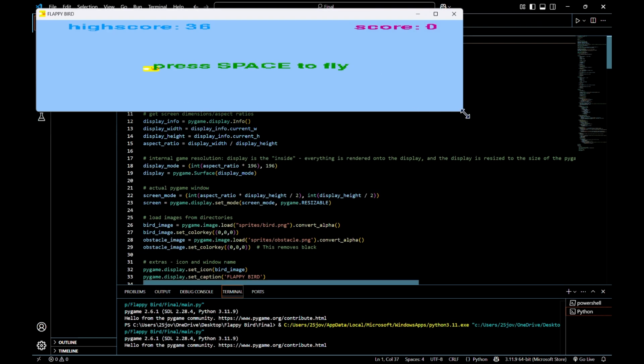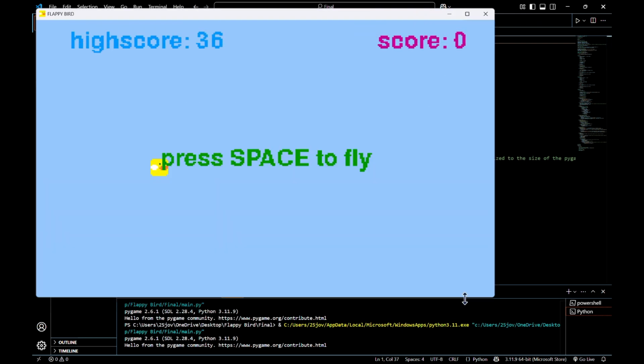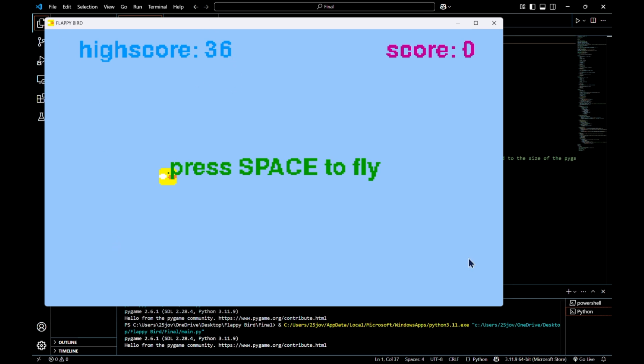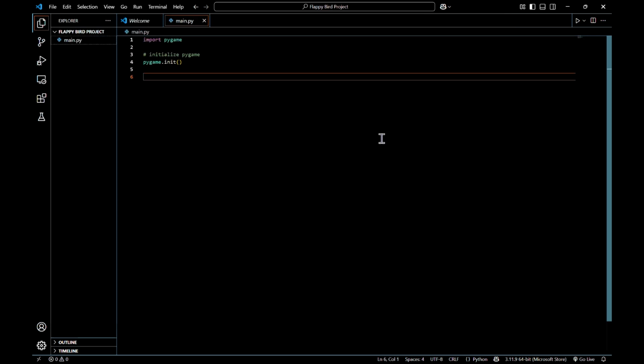Now this is what we want, and to achieve this, we will be making a display surface. Think of this as basically the inside, like a blue rectangle, and we will be resizing this display to the dimensions of our entire Python window. And by doing so, everything else inside of the display will also be resized by the same scale. In doing this, we are working with screen dimensions, and we can get this information through a Pygame function,